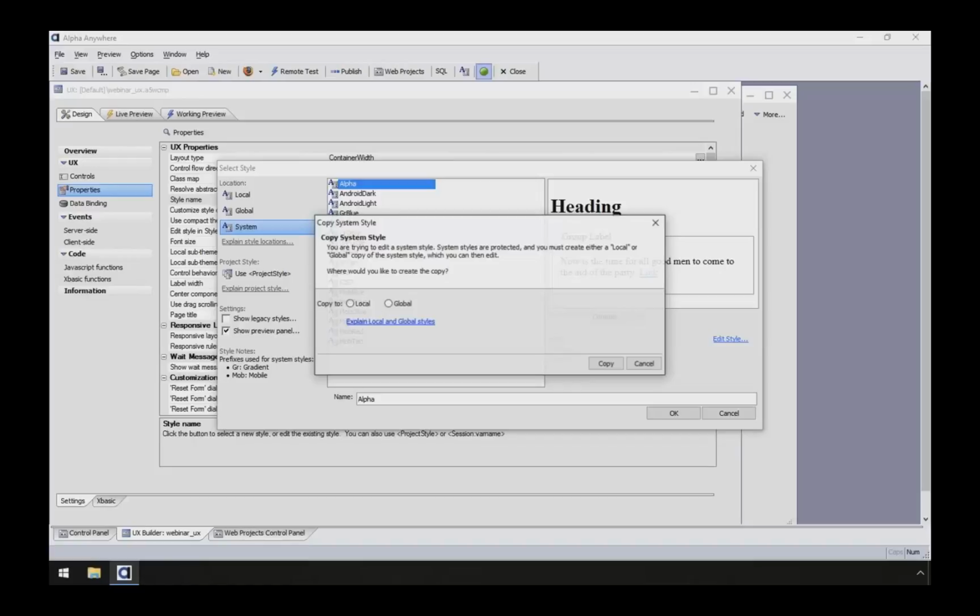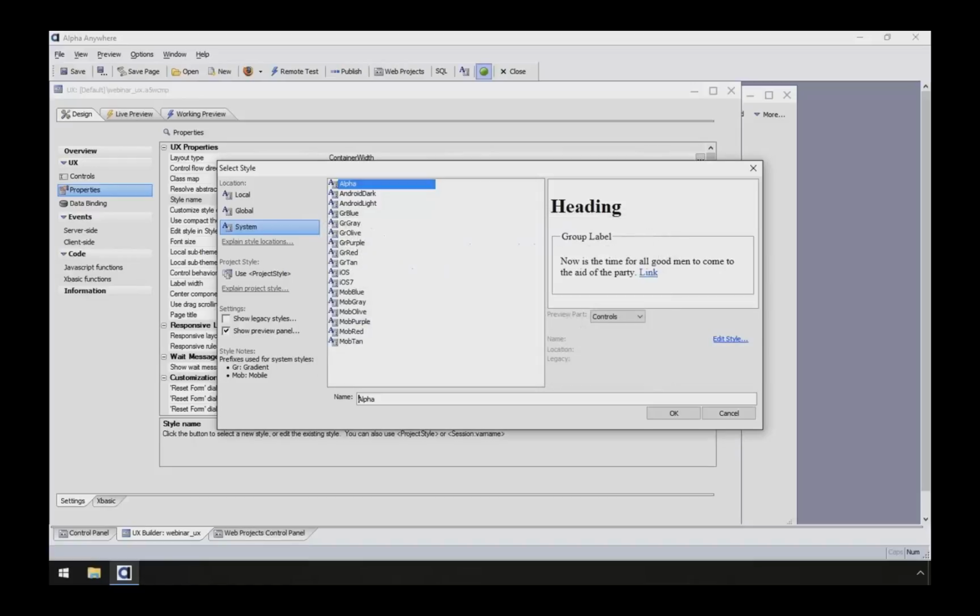And I'll go ahead and call it Alpha Webinar. So I'm giving it a unique name. So when I copy it, it's going to copy it into my local project, and therefore I can edit to my heart's desire, but not screw up the original Alpha style there. So you'll see once I've done that, it's made the copy, and in a moment it's going to launch our